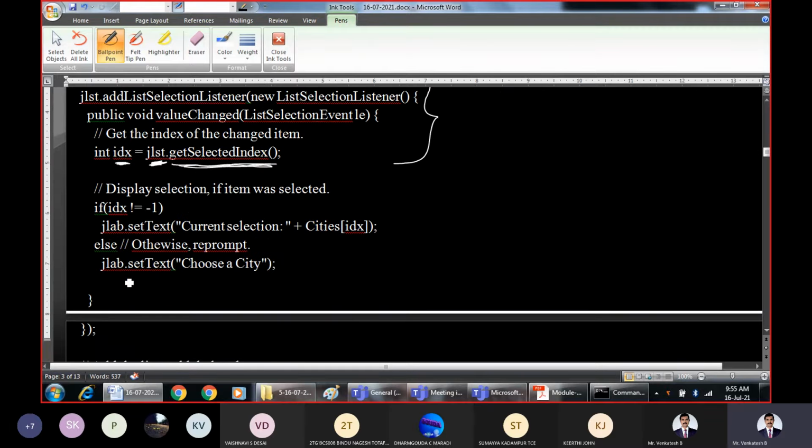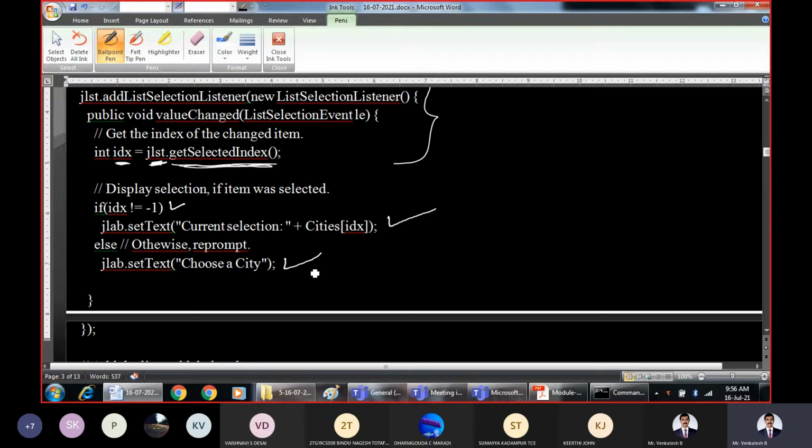Then there are two possibilities. Either the item gets selected or you may not have selected any of the items. Only two possibilities. So if it is not equal to -1, it indicates you have selected some item. If you have selected, display its value.